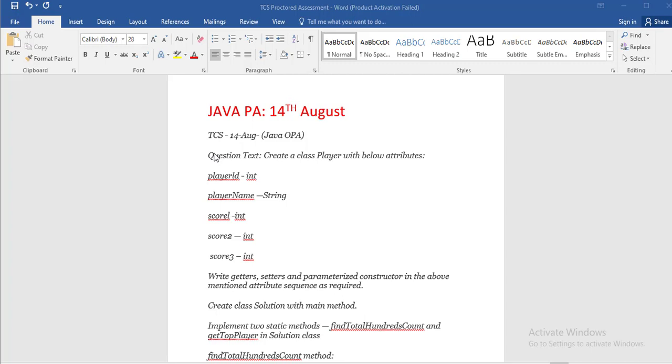First, you see here: create a class Player with the below attributes. There are 5 attributes. Then you have to write the setters, getters and parameterized constructor in the above mentioned attribute sequence as required. Then create a class Solution with the main method.